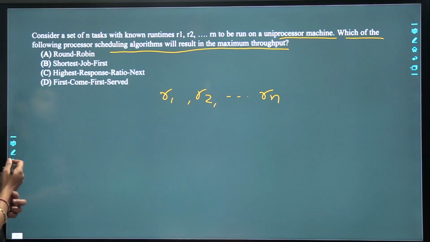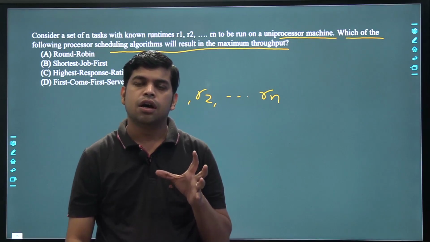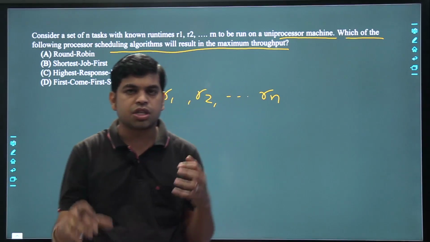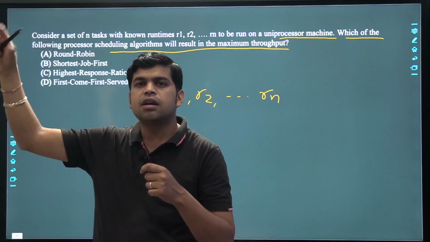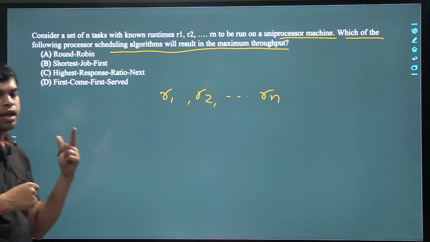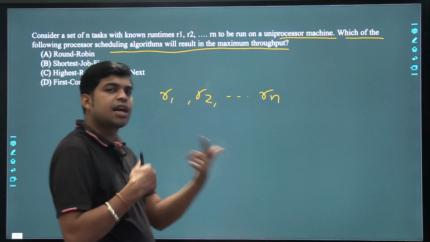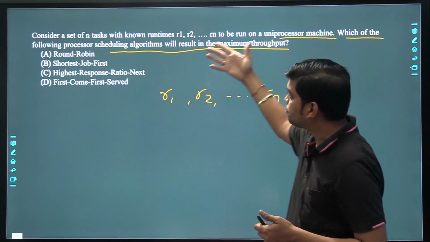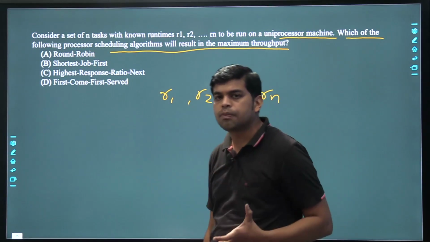So definitely we know that for maximum throughput, if there are various processes and we use round robin, then if small processes exist in that particular series, after a particular time we get a valid throughput, or we can say a number of outputs is generated. So if there are n processes and we use round robin, and we increase the time slice, then it looks like FCFS. But in case of shortest job first, as we know that among all the processes, the